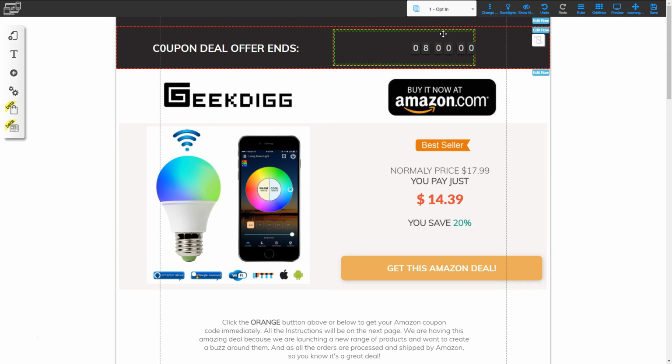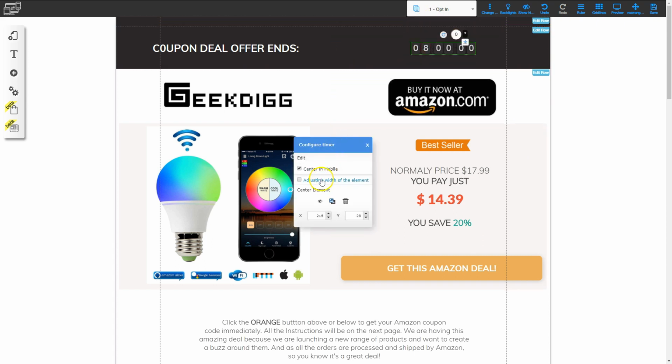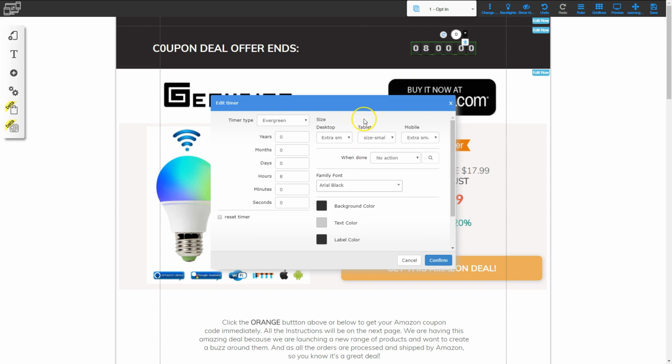Now, if this is an offer that doesn't end, then you don't have to put this in there. But let's say that this offer ended only after a certain number of days. So we can right click that timer and we can go to edit and we can choose an ending for this. Now this one comes in as evergreen, but I can click evergreen and then choose to assign a date. So we can say that this